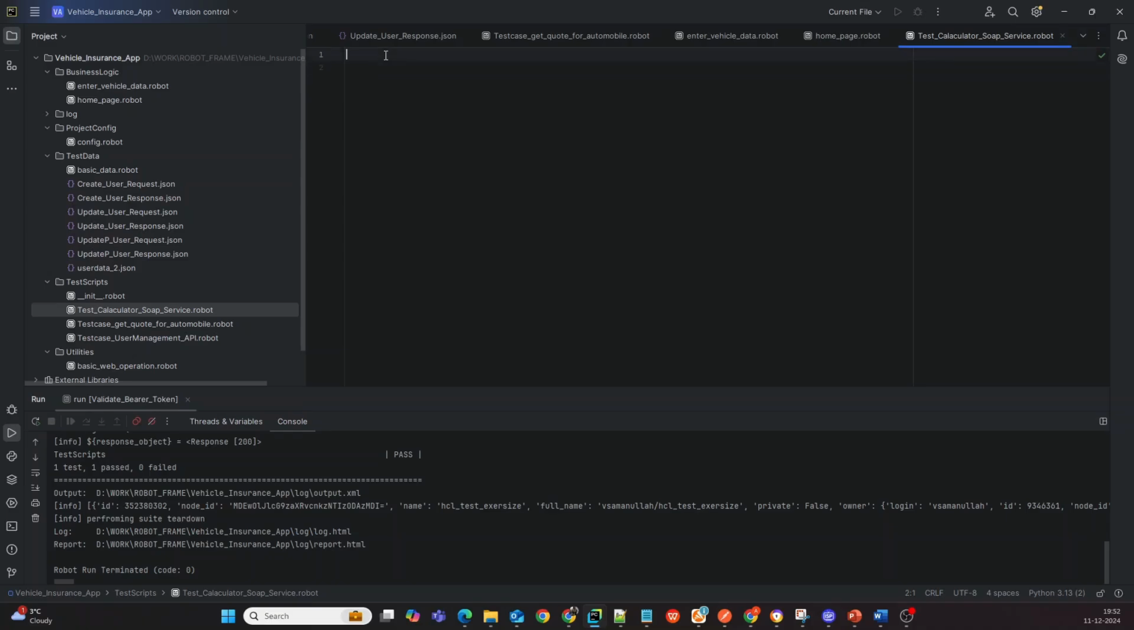Now let us add a settings section, and then we will try to import a library using a keyword library, and where we have to import an XML library. Okay, in the test case we can add a test case,